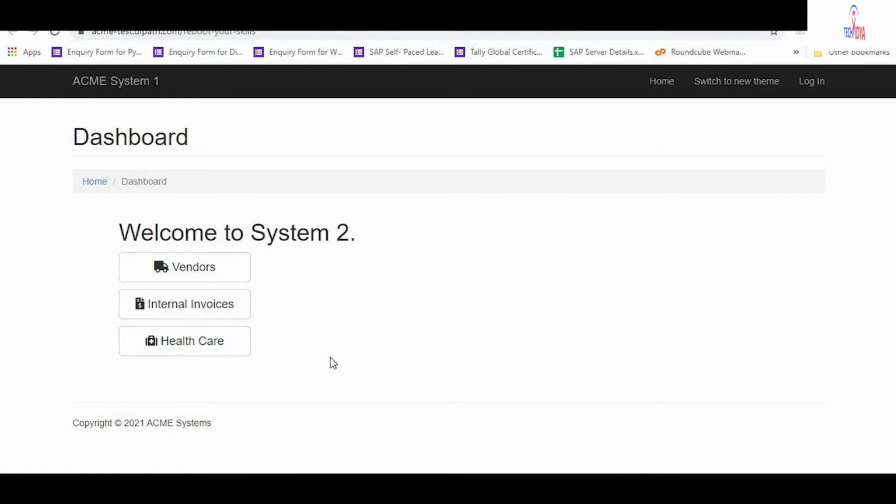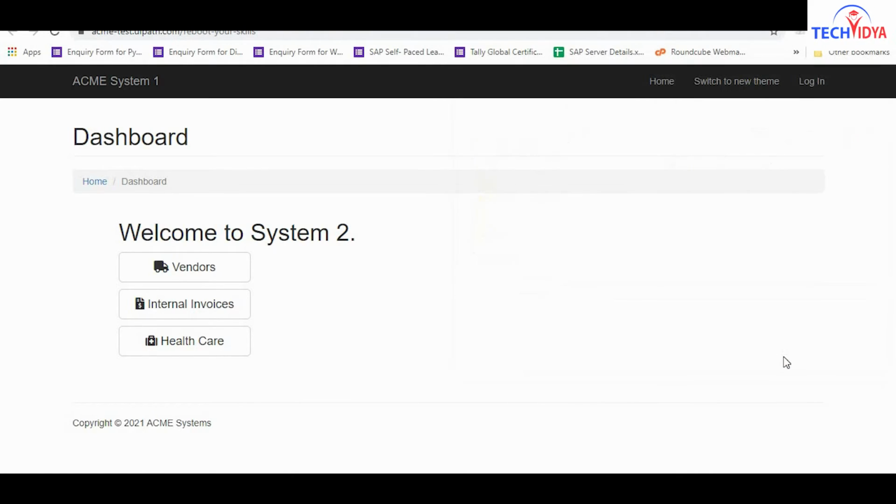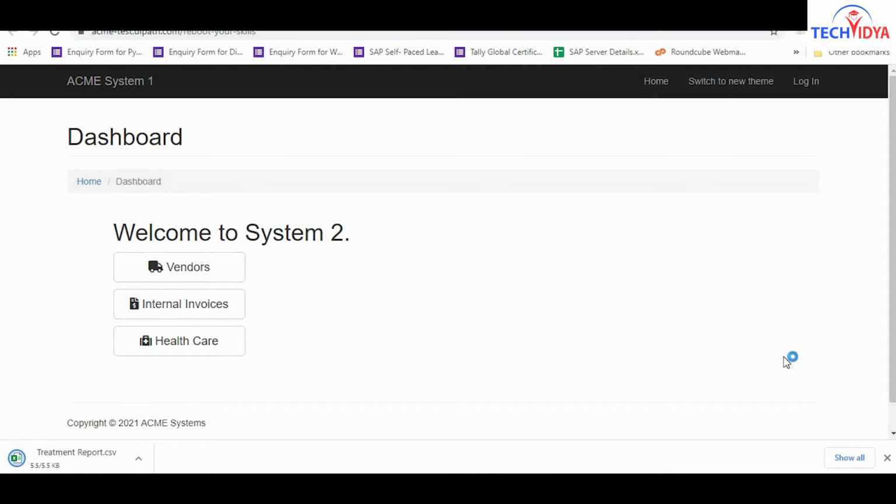It will download that file, and then in the background it will send the CSV file data into the Excel format, that is our template file.